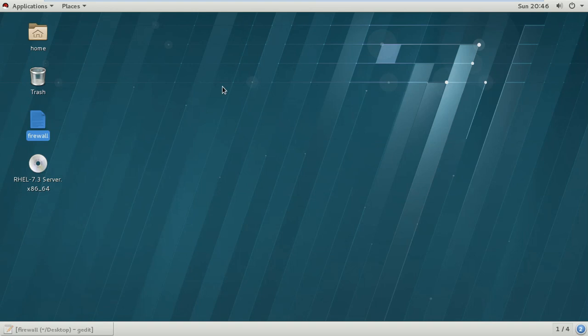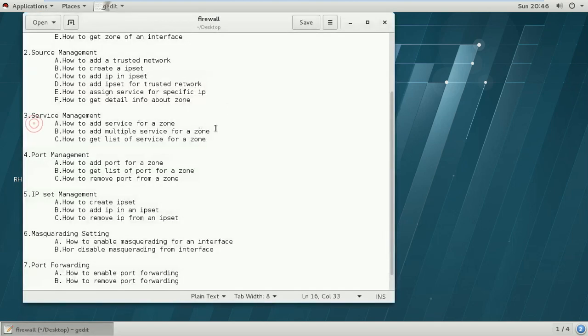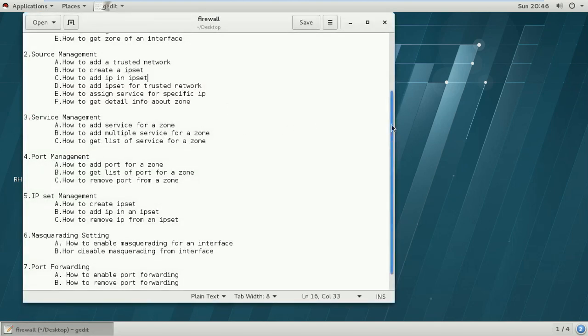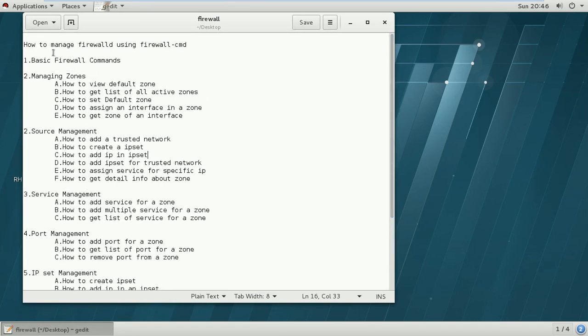It's Red Hat Enterprise Linux 7.3 version, and we will see here how to manage the firewall using firewall-cmd. I have already listed all the topics we are going to cover in this session. As you can see here, how to manage firewalld using firewall-cmd. We will see some basic commands of firewalld,